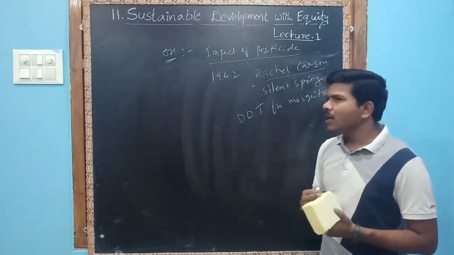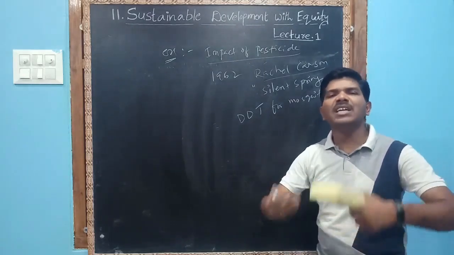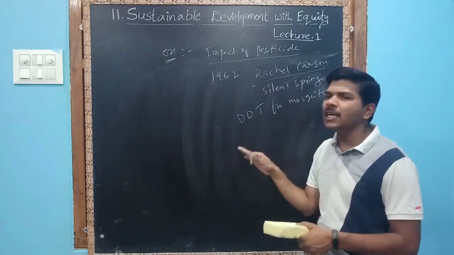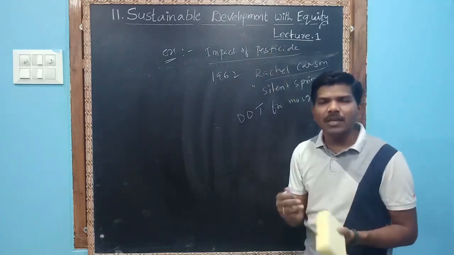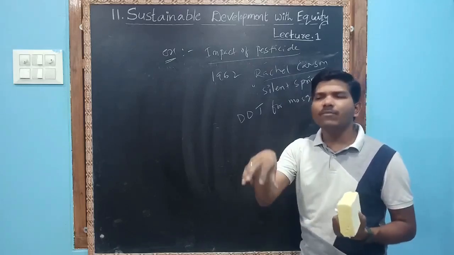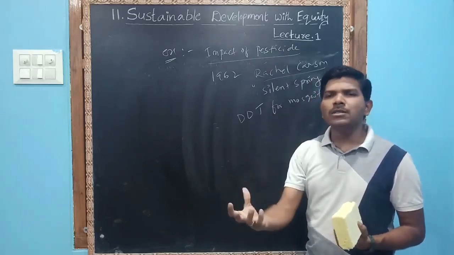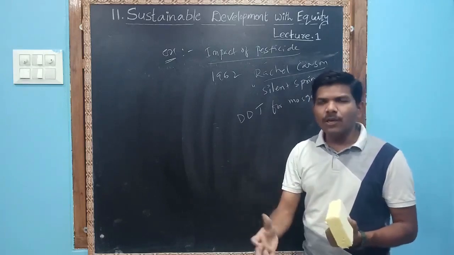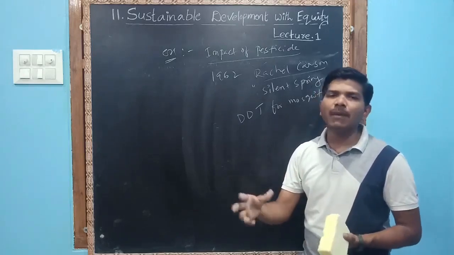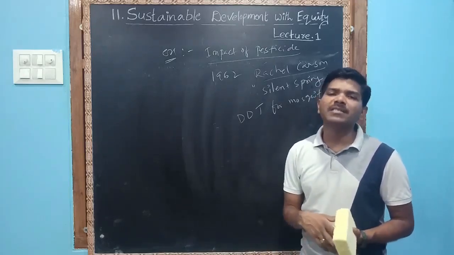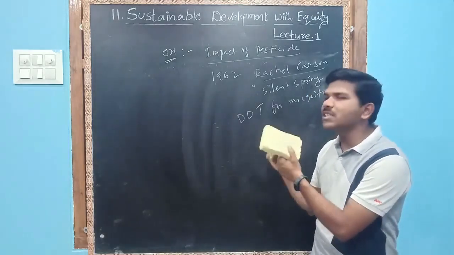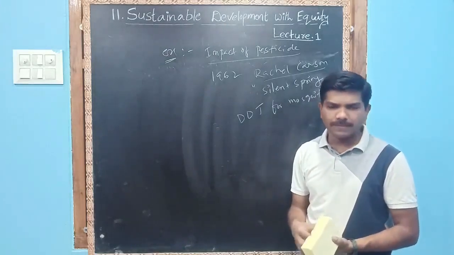But what happened, in recent days, mosquitoes also gained resistance to this DDT. Moreover, whenever we sprayed this DDT, it contaminated the environment, the water, the air, the earth. Whenever it contaminated the water, the fish ate it, and the fish living in the water died. Most of the fish communities, in different species, became extinct. So nowadays, the use of DDT is controlled by many governments.